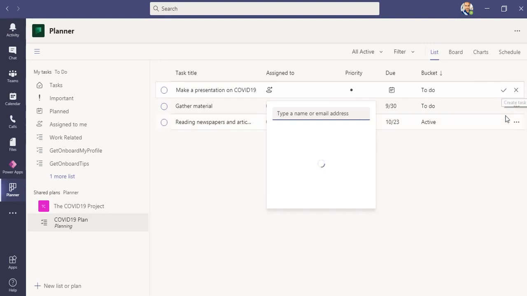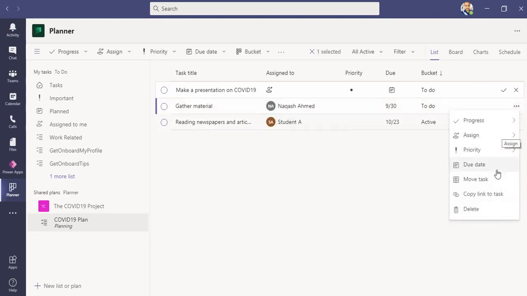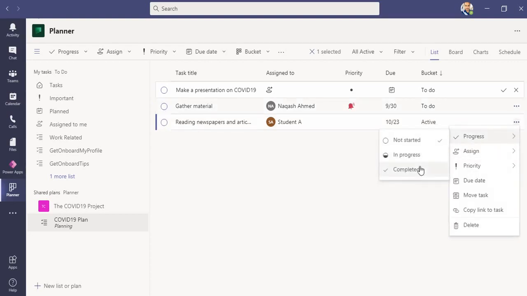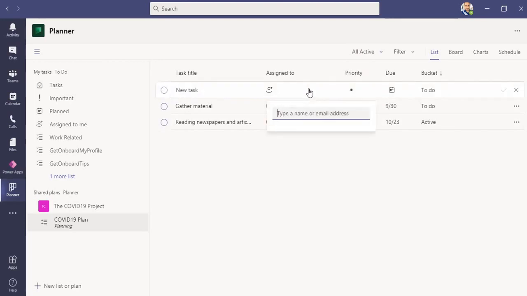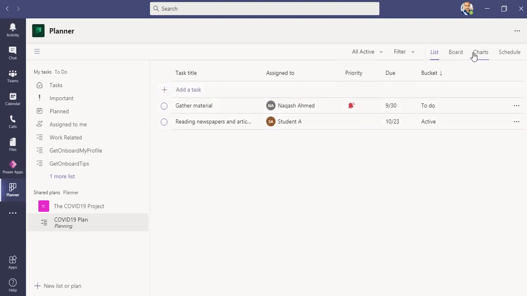If you want to mark it as complete, you can simply complete it, or you can assign the priority as urgent. This is the urgent task, or you can set the progress as completed, so it will show under Completed. If I go back to my Completed filter, you can see it. If I want to revert it back, I can simply uncheck this, so it will come back to my active tasks. Okay, not sure why it is not popping up the name of the user. Anyways, this is how you can create it and assign the task and select the assignments and other things.